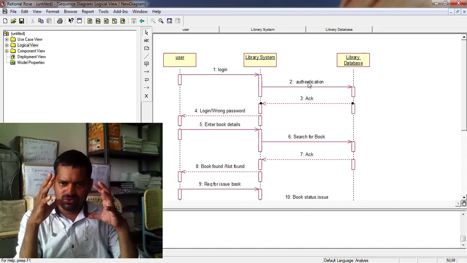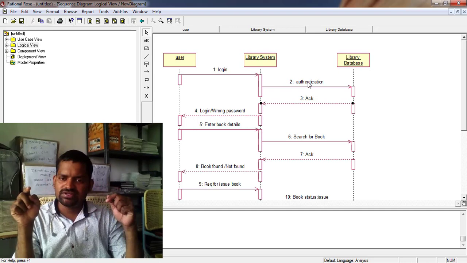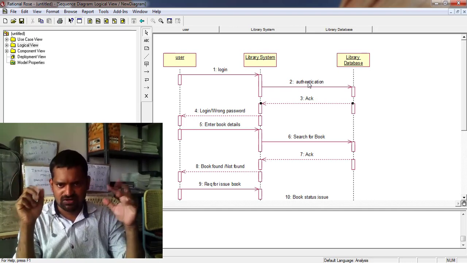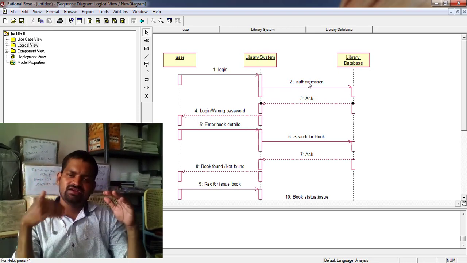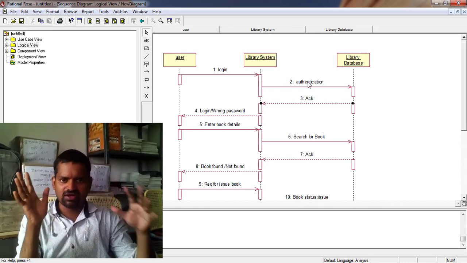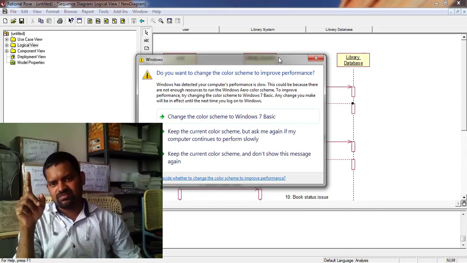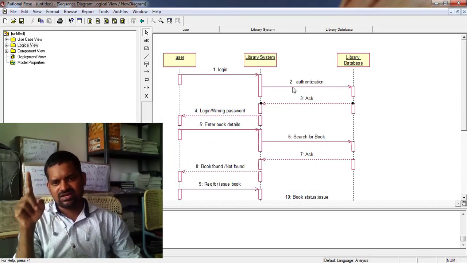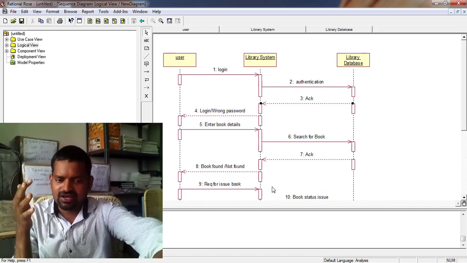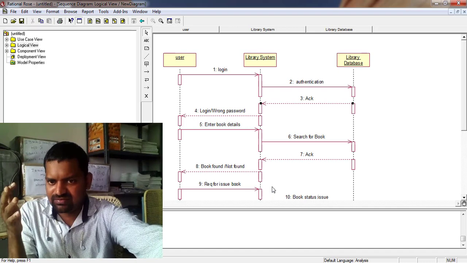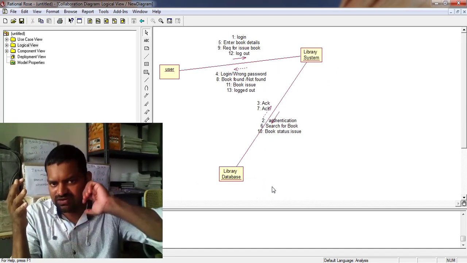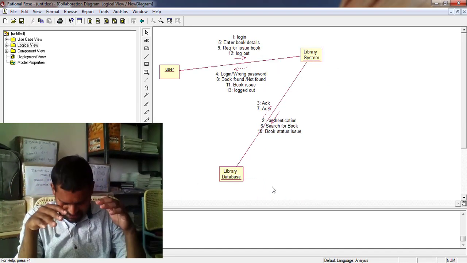A sequence diagram shows the time ordering representation of the objects' flow, in between every step-by-step execution: first step, second step, third, fourth, 5, 6, 7. If you give the input, what it will do and how it will act, that represents time ordering. Whereas pressing F5 on the keyboard automatically generates the collaboration diagram.